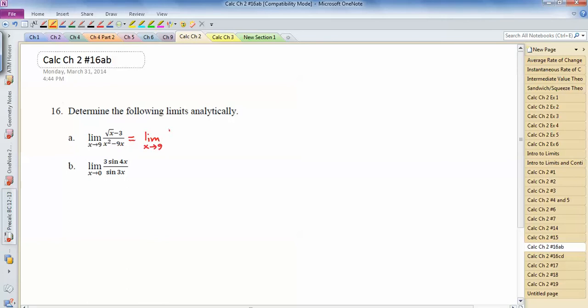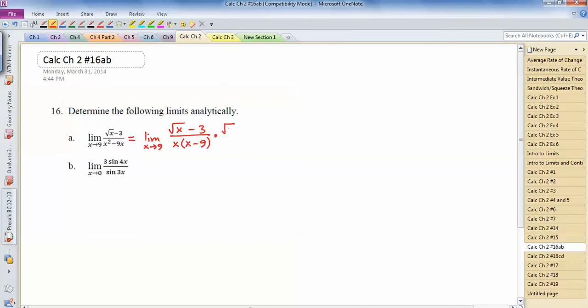So let's see. The numerator, I'll just leave the same for now. The denominator, I'm going to factor out an x and get x minus 9. So there it's pretty obvious I can't just plug in 9, right? Because then I get 0 in the denominator. So one trick that we could do to come up with a function that looks an awful lot like this one,